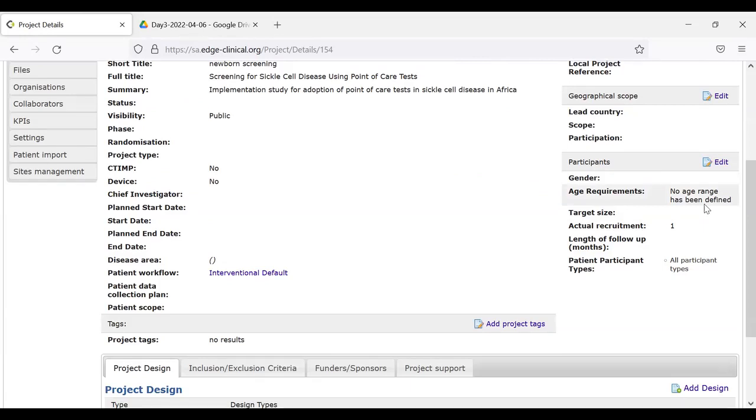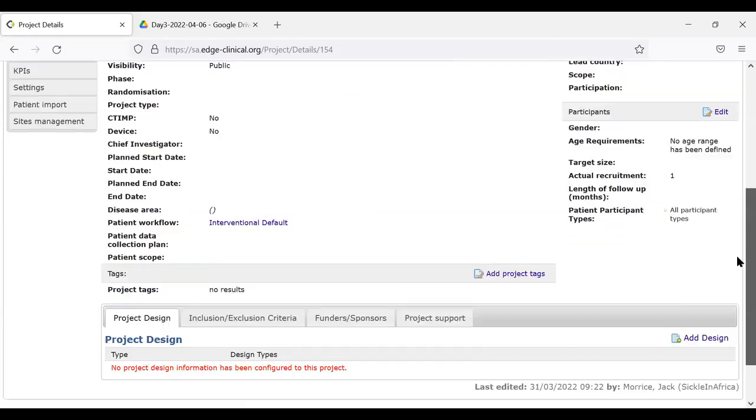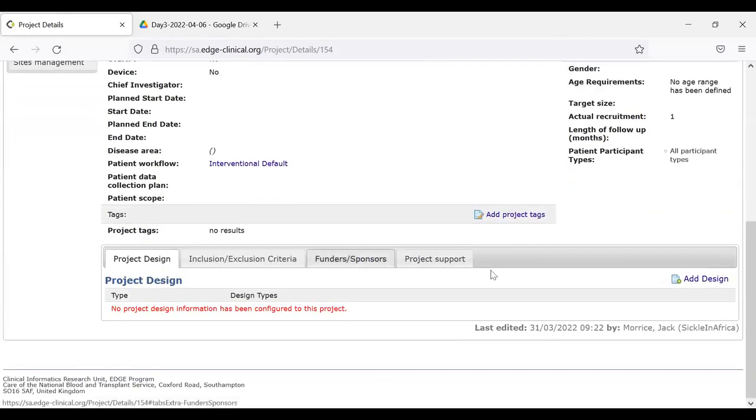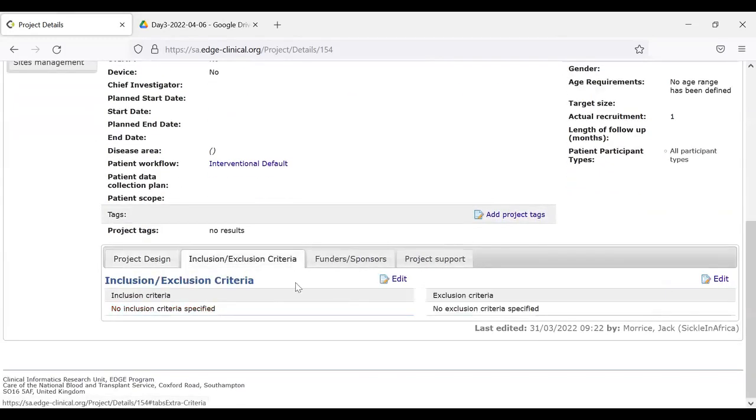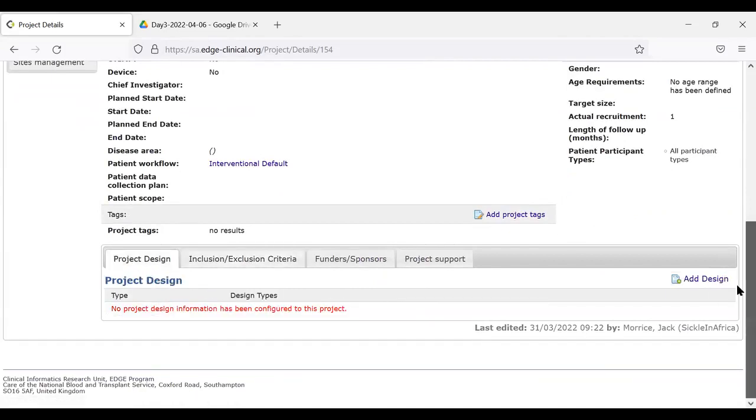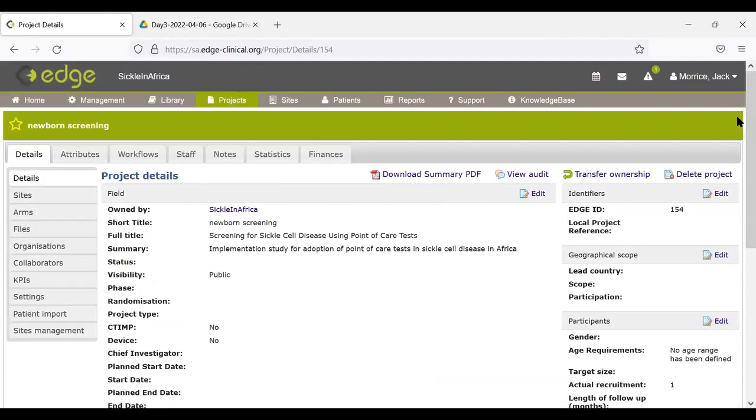So you can put all the information in here. At the bottom here, you can add the project design. You can list the inclusion-exclusion criteria, that sort of thing, of your project. So the idea is that everybody then looks at this one record of the project. So it's the one version of the truth. You don't have to go and look in several different places to get the information. And all the sites,